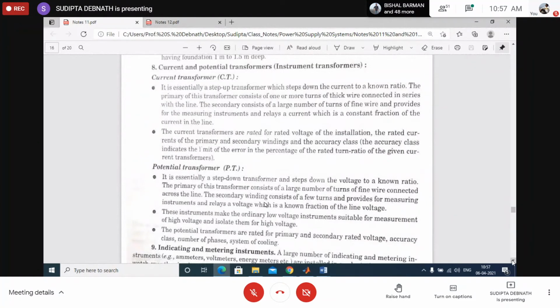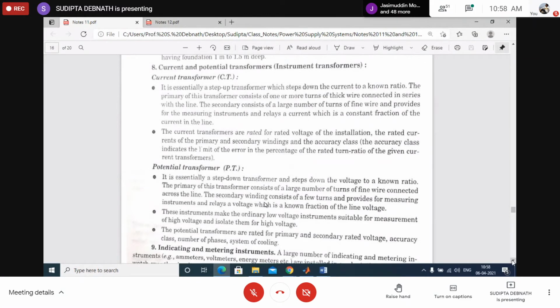Suppose you want to measure the current flowing. Now, the current flowing may be 1000 ampere, maybe 5000 ampere. It is not possible to insert an ammeter. Is it possible? You would first operate the circuit breaker, open the circuit, then insert the ammeter, then again operate the circuit breaker. And of course, that high range ammeter will not be available. But this is not required, and this is also not possible. How is it measured? It is measured with the help of current transformers.